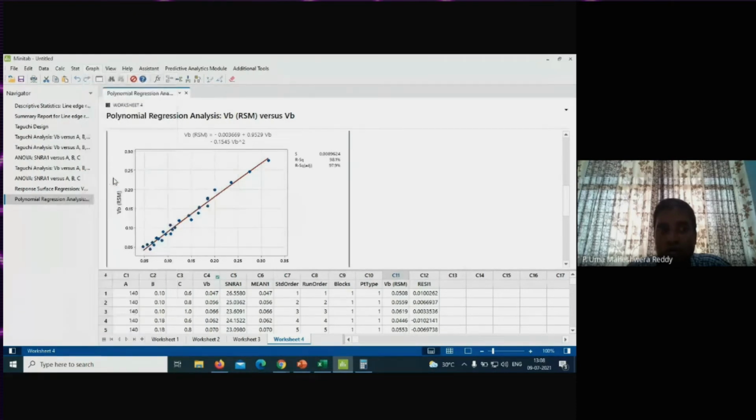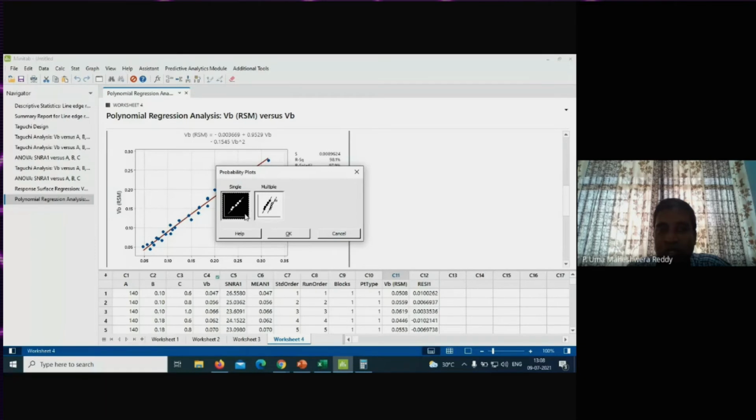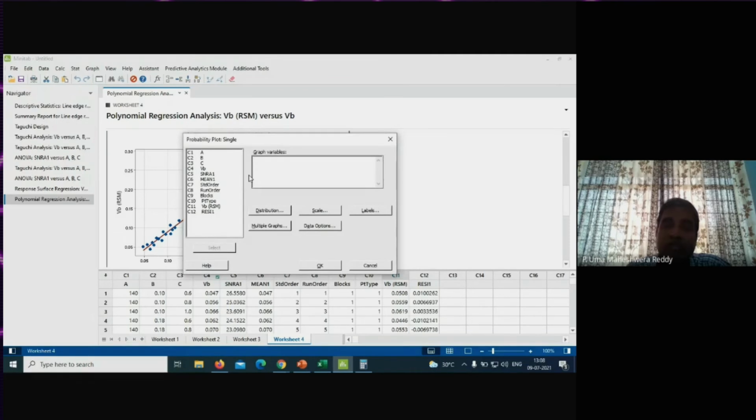So by default, if I select this probability plot, you have two options. If you have one response, you can select like this. If you have multiple responses, you can select the other. As I'm having only one response, let me select single. Okay. So now what is the variable for which you want to have this Anderson-Darling test analysis?